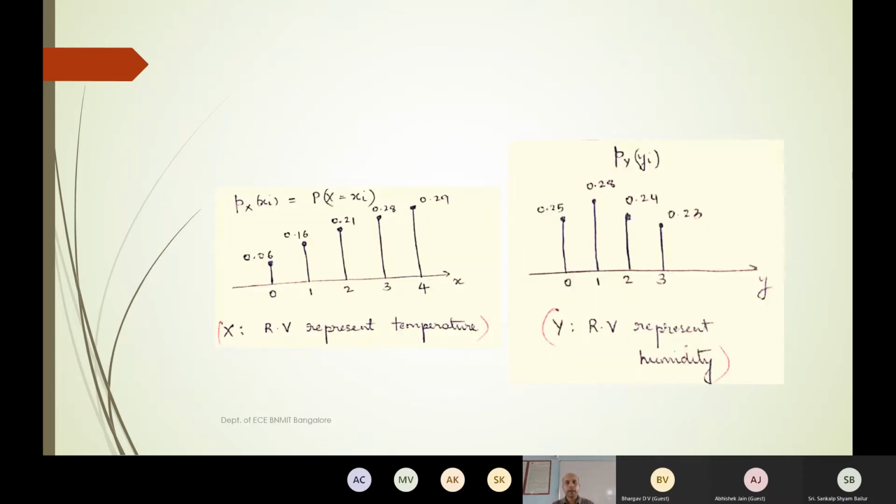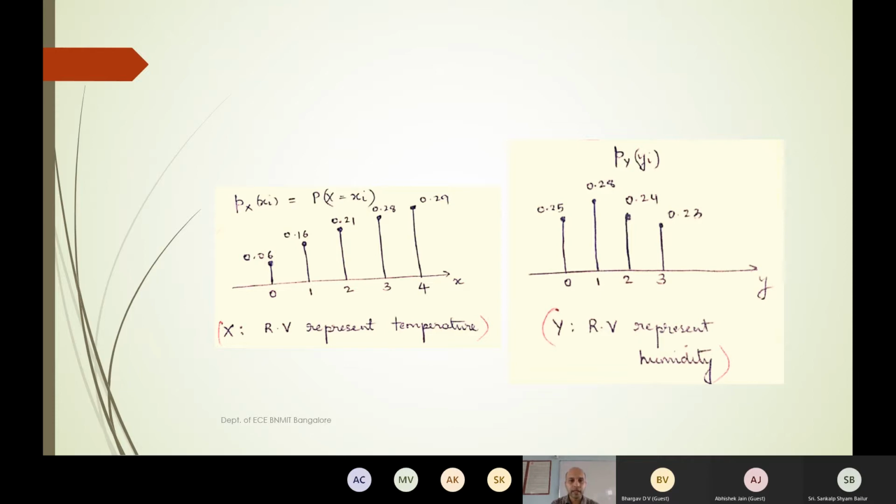So now going back to the first module, this is what we looked at. Say temperature is 0, temperature is 1 degree Celsius. I'm just giving an example for understanding purposes; I have not marked any scale as such. Let's say temperature 0, the probability of occurrence is 0.06. The probability of occurrence of temperature 1 degree Celsius is 0.16, and so on. This is just an example to drive home the point.